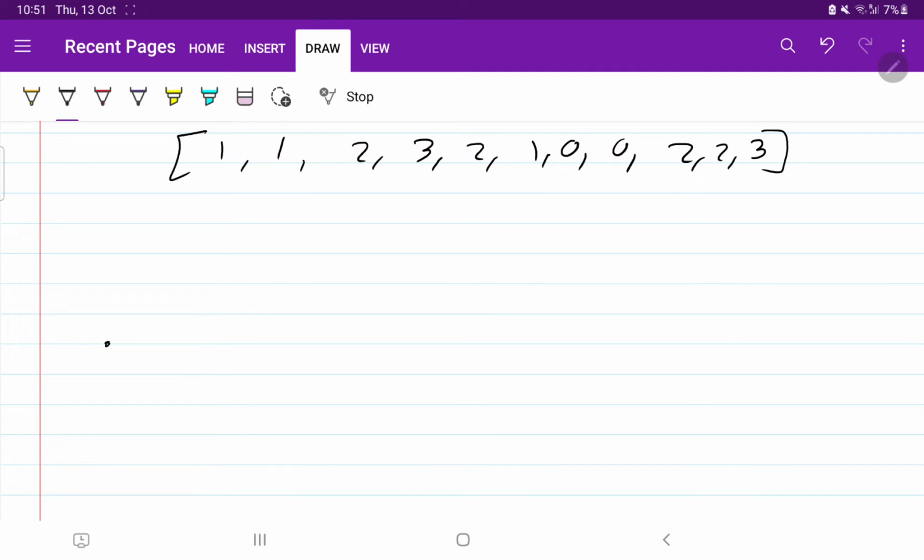Okay, let's say this is the 1. So what we have to do, as soon as we get 1 we are going to move on the same line. 2 means it will be a point higher than this, so let's say this is the 2. Okay, this is 1, this is 2. Now the next point is 3, so it will be at height 3. Now again 2, so it will be at a lower position 2. Then 1, then it will be at position 1. Then 0, it will be further down.